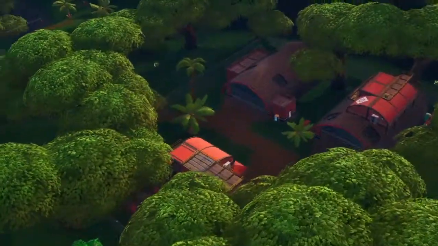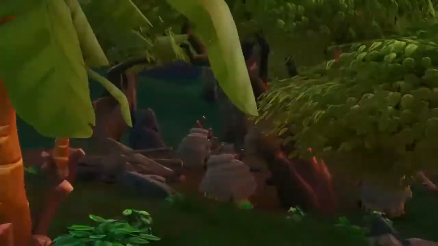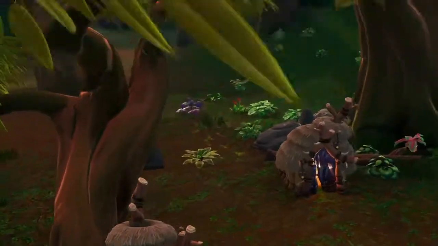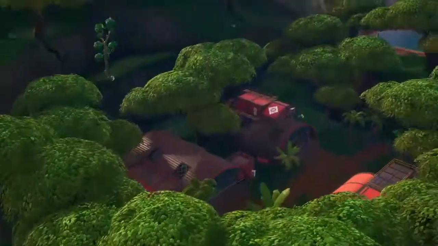Okay, so from here, what I usually do is I go over to this brick area. This is where I get all my brick right here. You get max brick right here. There's usually some chests there. And then from here, depending on circle, you could either go back to the hangars. There's usually